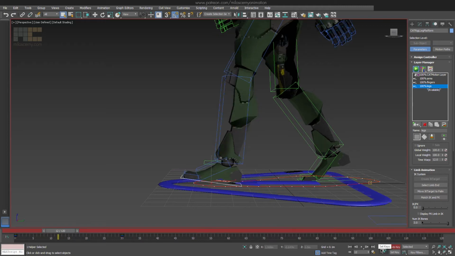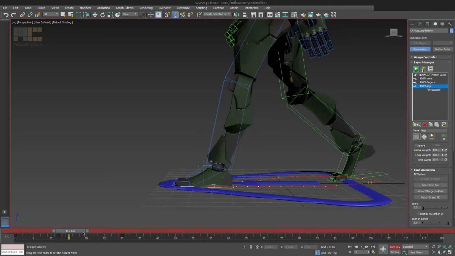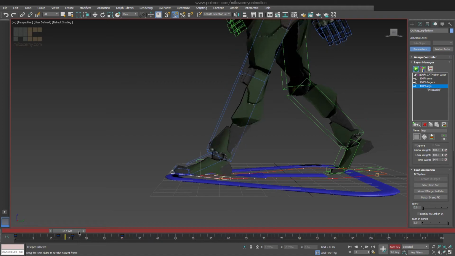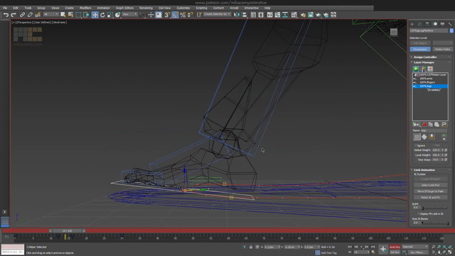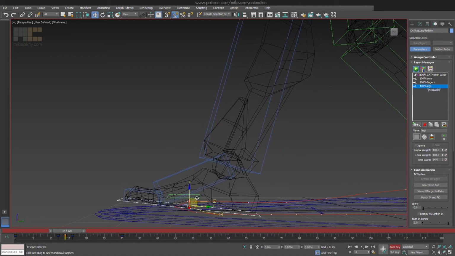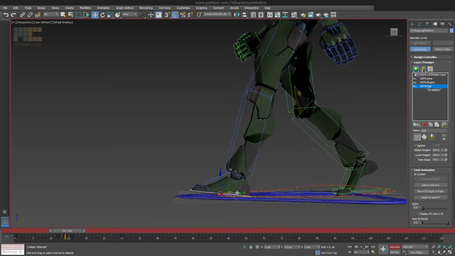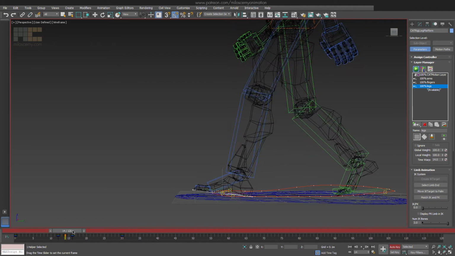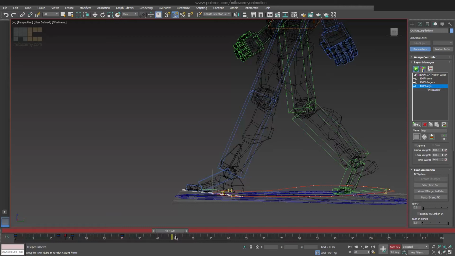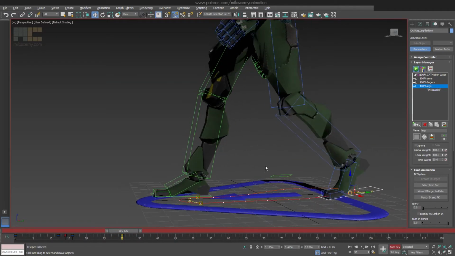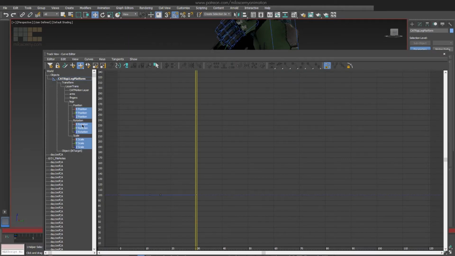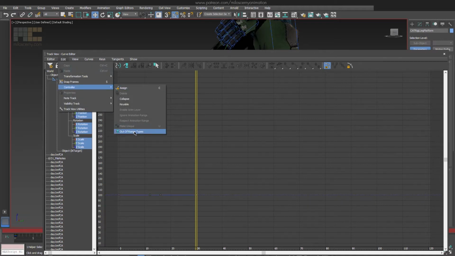So let's key the pose at frame 12 and also at frame 16. Now on frame 14, move the platform to the position where it doesn't snap anymore. Also, don't forget to loop the whole animation for the platform, so it stays the same all the time.